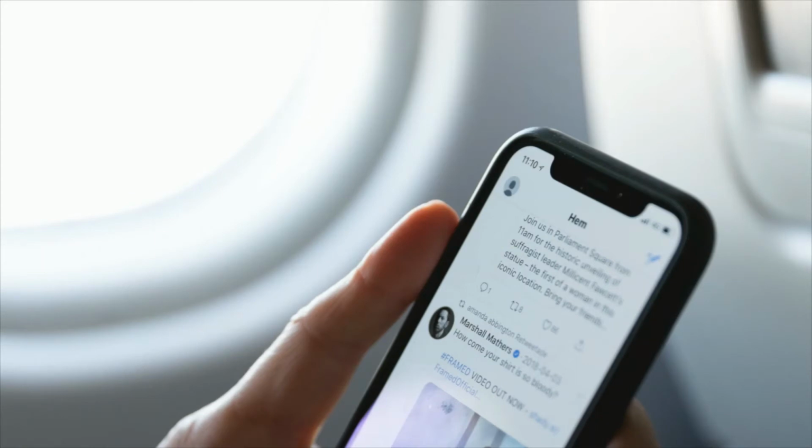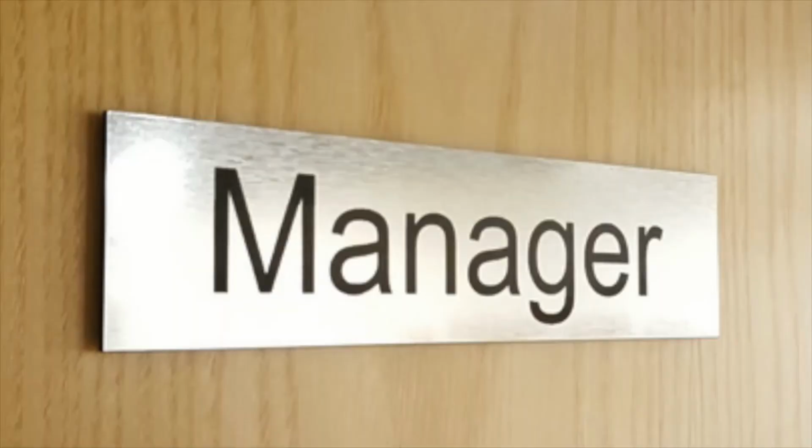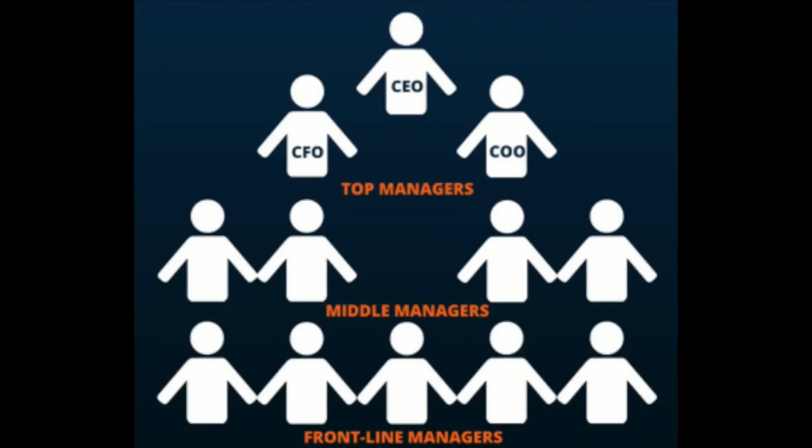Any repeated electronic message or post from a coworker that contains profanity, intimidation, harassment, inappropriate words or pictures should first be directly returned with a professional and short message to stop. If the actions continue, if your workplace policy requires an immediate report, or if the message includes threats to harm, forward the message to a supervisor immediately. If these actions come from a supervisor or a manager, you should follow your workplace chain of command to determine who they should be reported to next.